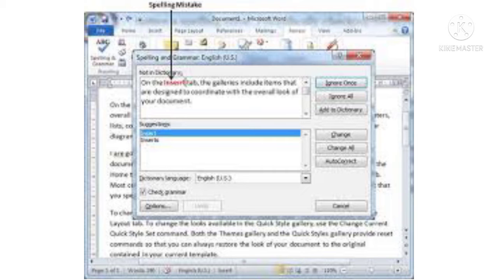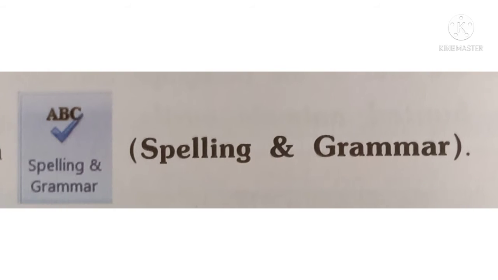Check spelling and grammar in document. Check a document for spelling mistakes and mistakes in grammar. Number 1. Open the document, the tiger. Number 2. Click at the end of the paragraph and type in the following lines.